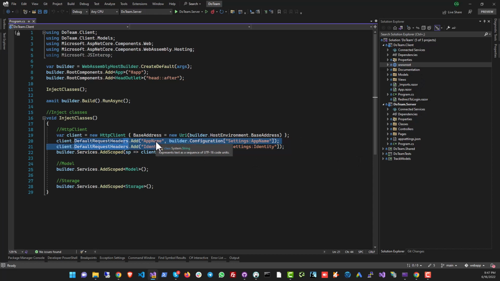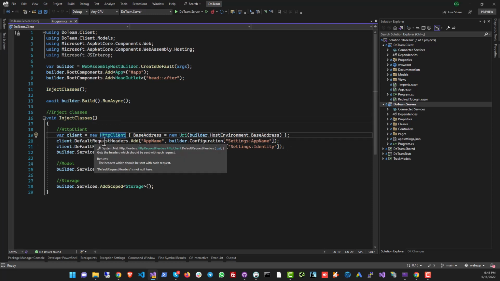So this actually prevents casual REST calls to your endpoint. So you have open endpoints on the web with the server project. You don't want people to casually discover and call them, so you lock them up with app name and identity. Now on the server, how do you detect this app name and identity? You're making it a part of the HTTP client object. Look at this code. You create a new instance of HTTP client, and I'm adding two headers, the app name and the identity, which are a part of this HTTP client standard object,